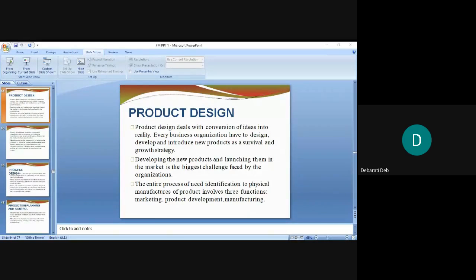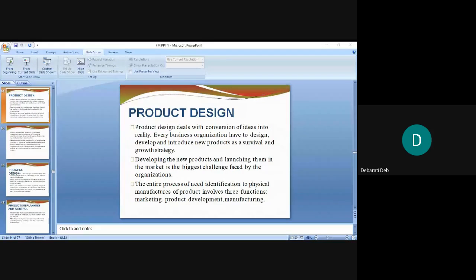Now slowly we are moving on to the different sections of a manufacturing sector. We started with the different types of systems which are followed in different manufacturing units. Then we moved on to the plant layout. What type of layout is designed in order to utilize the available facilities in the best possible way and to finish the entire production process on time. What are the different layouts that are followed? Then we did location, how the location of a plant is selected, what is the purpose of it, importance of selecting the location. Then now we are moving on to the design of the product.